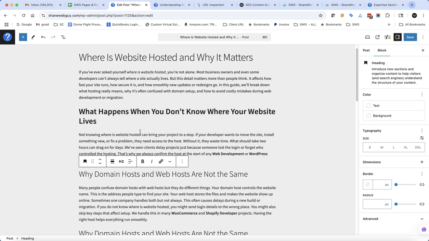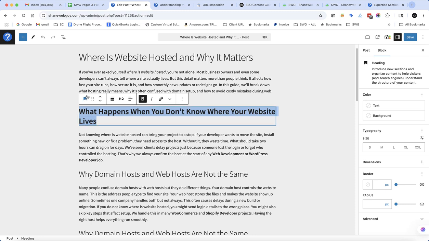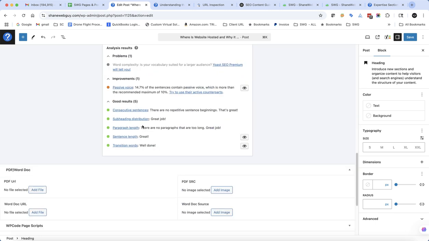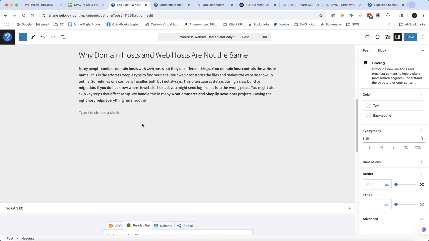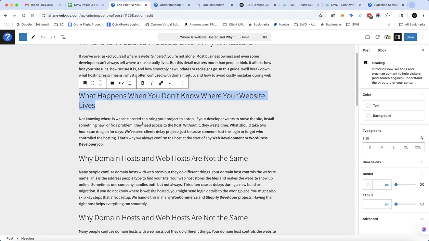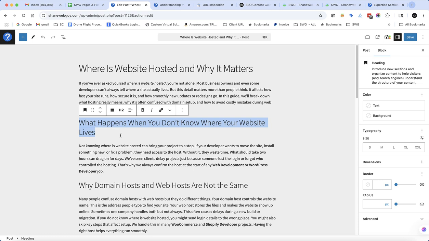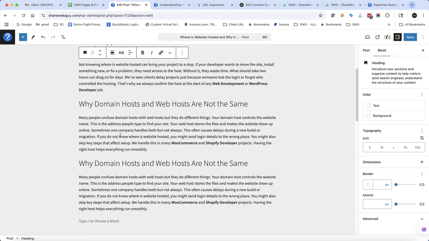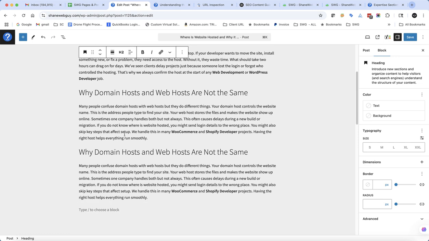So, heading. Turn everything off in bold. Okay, let's see. Passive voice. Okay, the passive voice is definitely under. And then kind of read through it. I don't see any em dashes. Okay, so